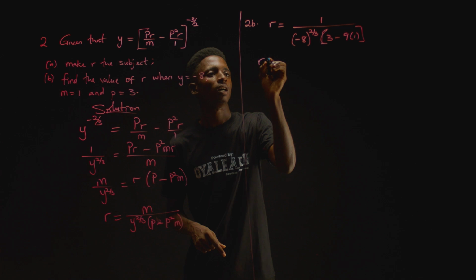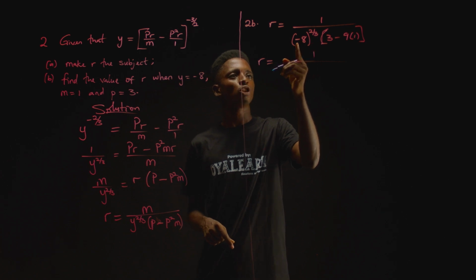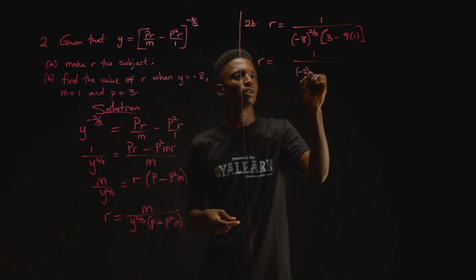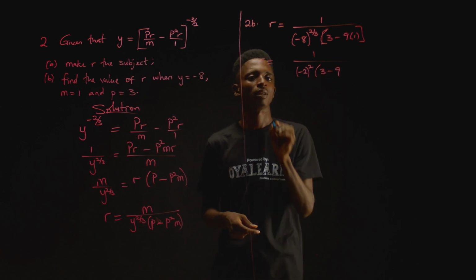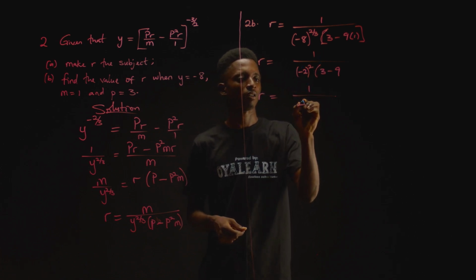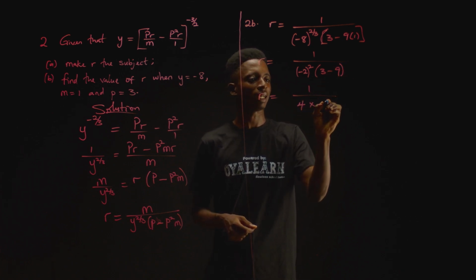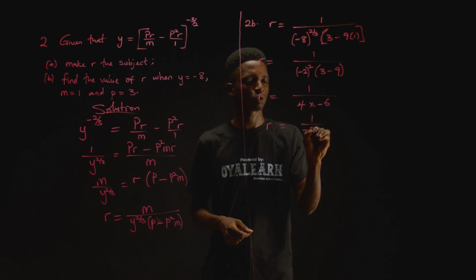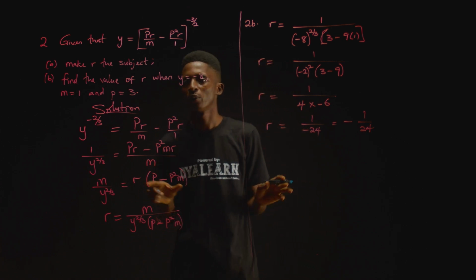So let's resolve this. r therefore becomes 1 over, now when we take the cube root of negative 8, we would get minus 2, so squared. Then here we have 3 minus 9. So r here becomes 1 over, now minus 2 squared, that will give us 4. And 3 minus 9 would give us minus 6. Therefore, r equals 1 over minus 24, or basically minus 1 over 24. And that's the value of r. And with this, we have solved